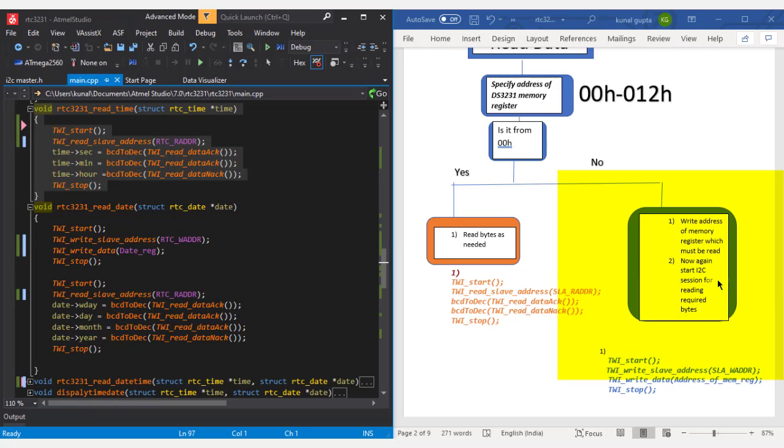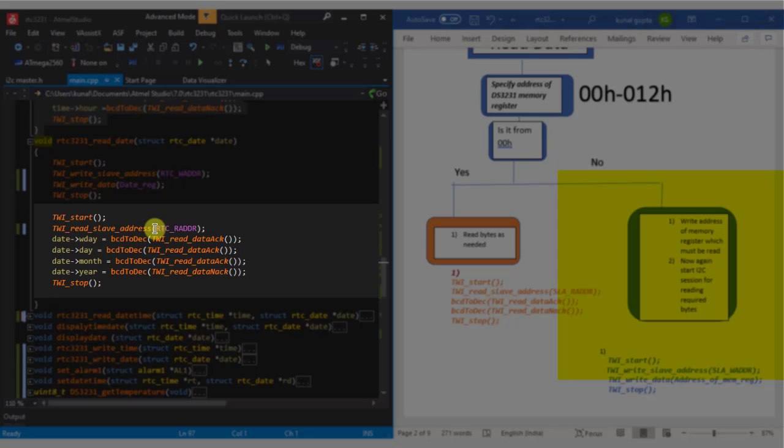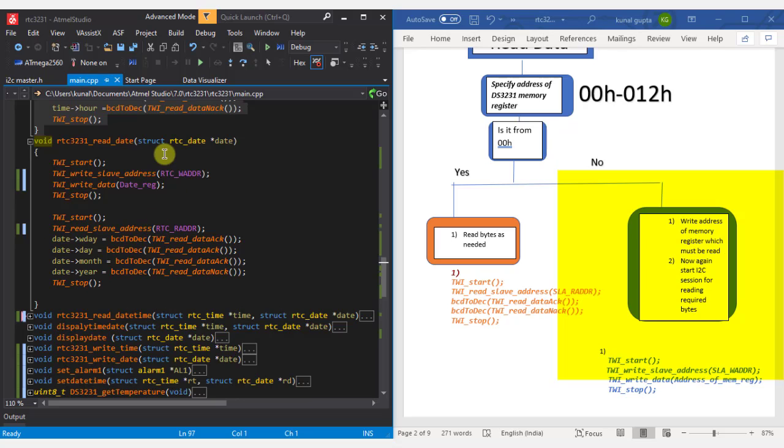Now again we will start the I2C session, and now we need to do the read operation on this slave, on the memory register location which we have previously mentioned in our write operation.